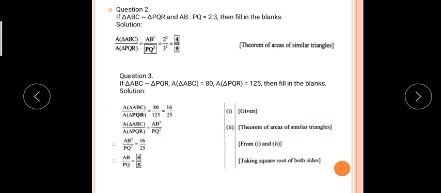Okay, students, so learn this concept. Firstly, the theorem. These are the only 3 questions today I am going to explain to you. So learn properly the theorem, and these 3 questions you have to note down in your notebook. In the doubt session, you can ask me the doubt.